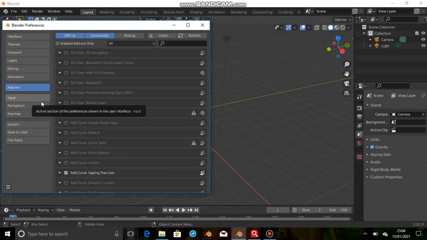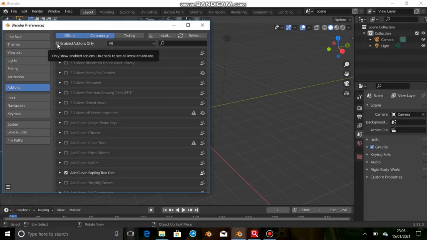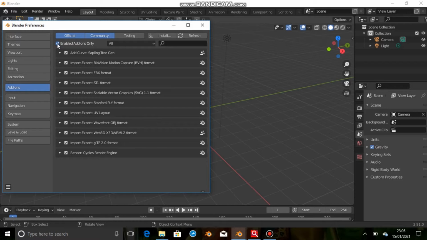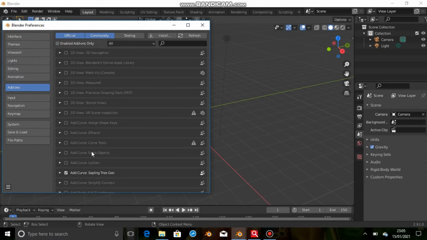you can see add-ons. There are various add-ons available. If you check the box of enable add-ons, you get everything. If you deselect the enable add-ons, right now we want only one add-on to be activated, that is add curve sapling tree generator for creating a Christmas tree.